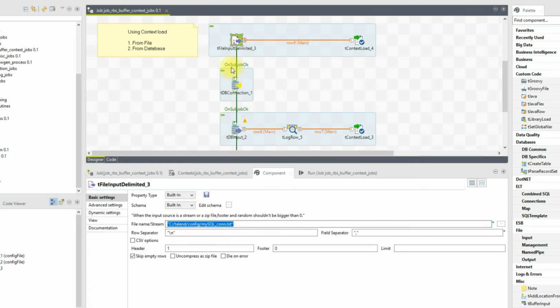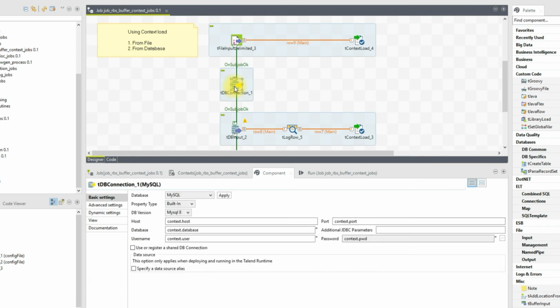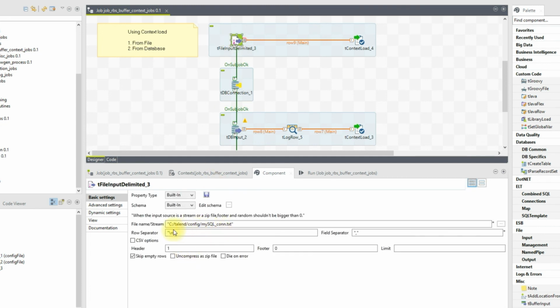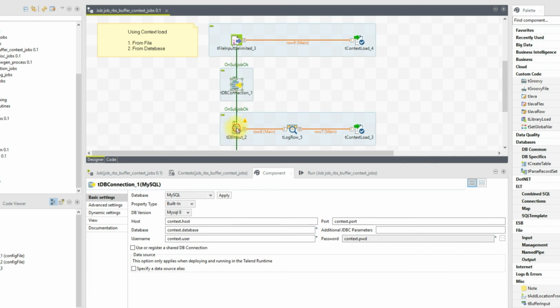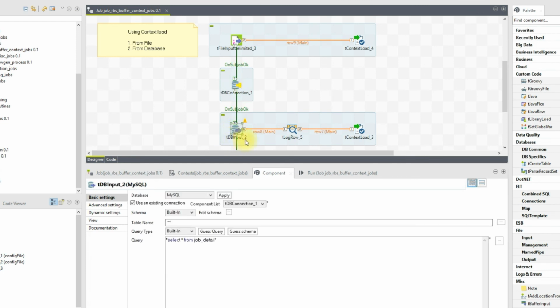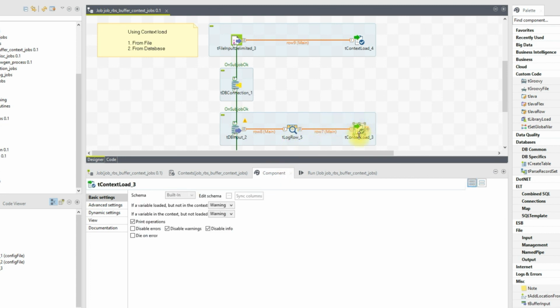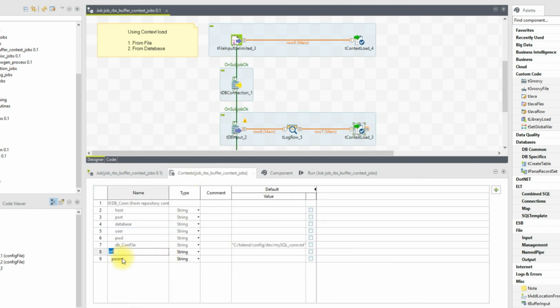The reason we want to do this is to avoid hard-coded values for our DB context, because in each and every environment, for example dev, QA, prod, the connection details might change. So we should always be looking at making these values dynamic. For that reason, I'm keeping a common context file in all the environments, and as soon as a job is run in dev, it will pick up all the dev connections and create the connection, and using the DB input component, I'm reading the new table that I created, and we will be setting up the new context which I created for a URL parameter.